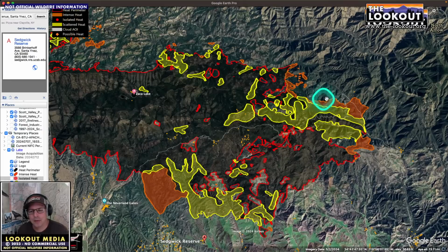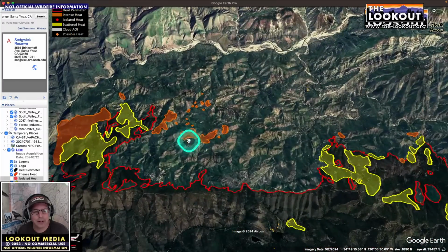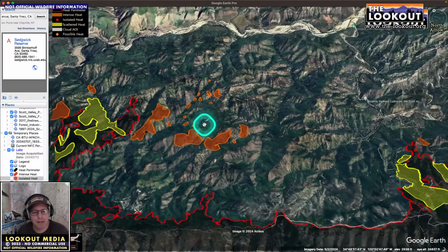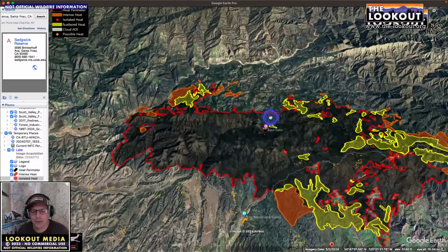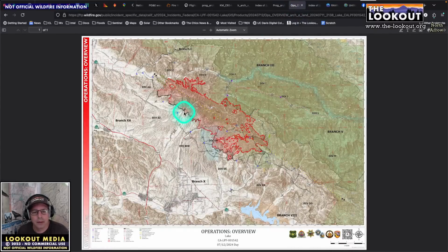But yeah, pushing hard, kind of on this east flank, a little bit on the south, and then it's really well established out in here, and kind of who knows what's going on there. It's just kind of having its way. So, if you look at Zaca Lake maps here, you can see that they're calling this